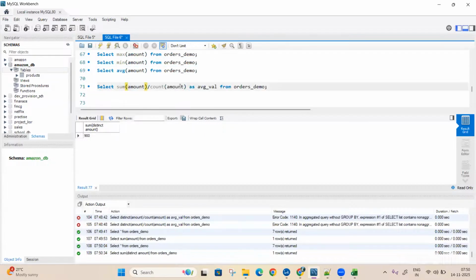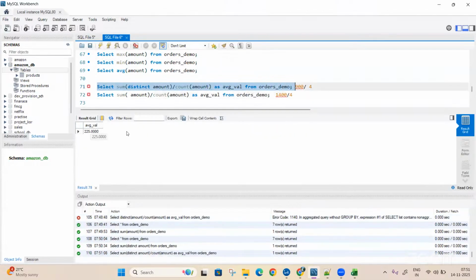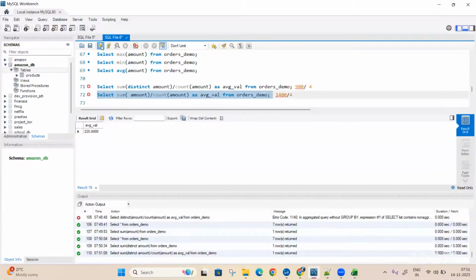Now I'll put distinct here, and the same thing without distinct. You tell me what will be the output? Here 900 divided by 4. Yes, by 4. This will be 1400. Oh sorry, not by 4. The command ran. Output is 225. If you do 900 divided by 4, it is 225. If I do 1400 divided by 4,